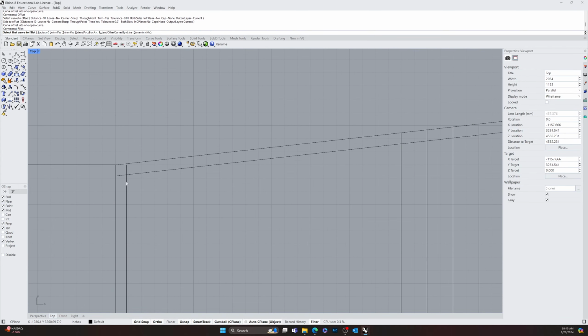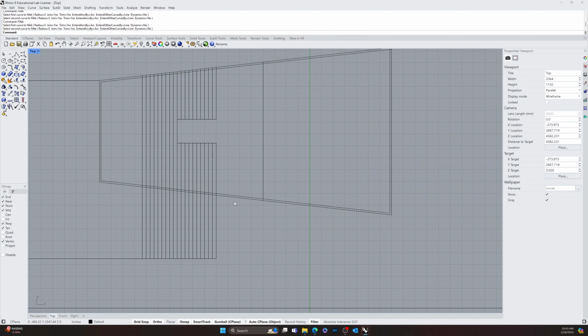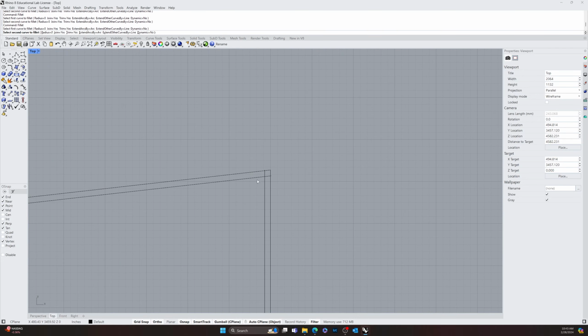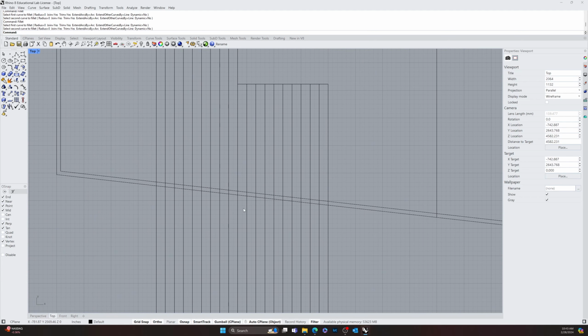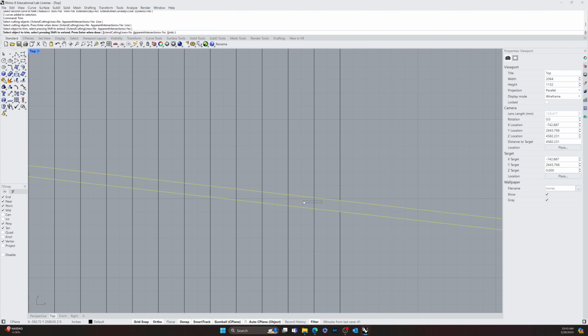And then we'll fillet to clean up the overlap, because these were not all connected. There's going to be a little bit of overlap, and we just fillet it to clean it up. And then we want to trim out all of the stairs that are passing through here. So trim, select these as cutting objects, and then just